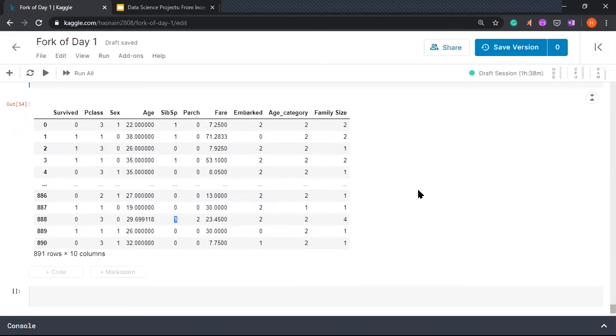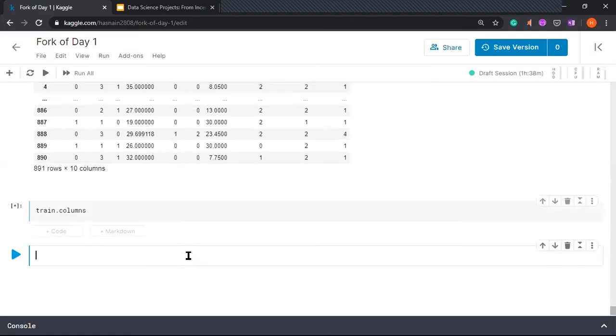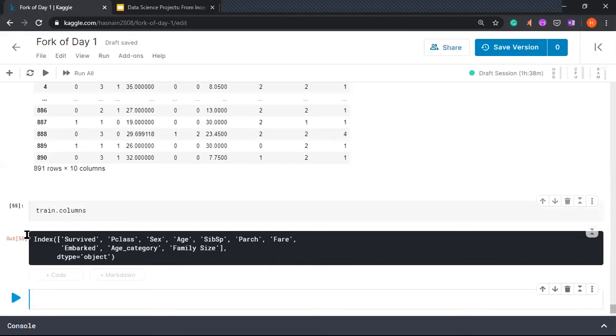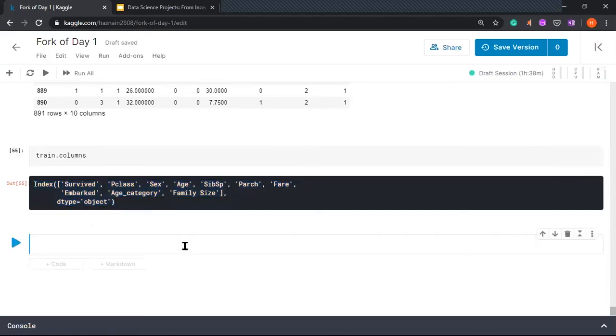If it would have been a problem that's very difficult to understand, like a medical data set, we'd have to take help from the doctors to understand what's happening. So what I'll do now is I'll just print the columns, the current columns that we have. Yeah, these are the columns that we have. So we have done feature engineering. Now we want to do EDA, exploratory data analysis. So again, we'll create graphs and charts to do it. The basic library that is used for creating charts is matplotlib.